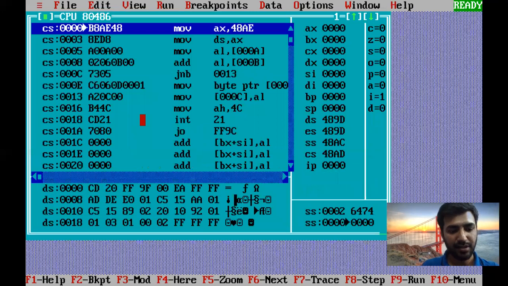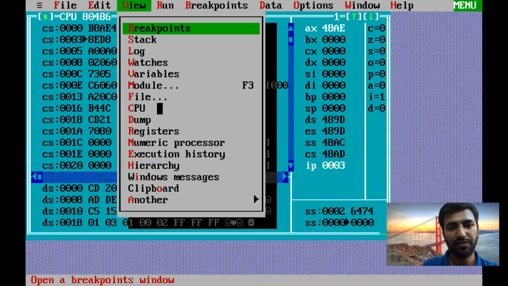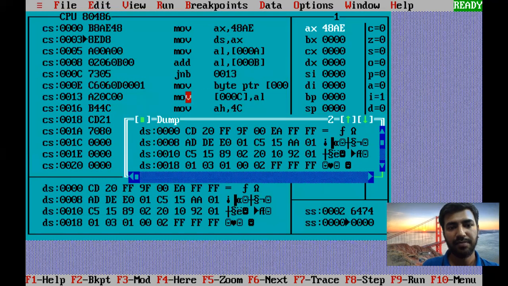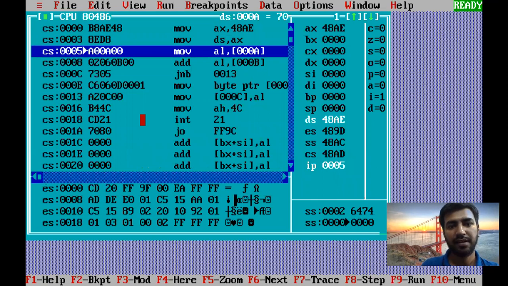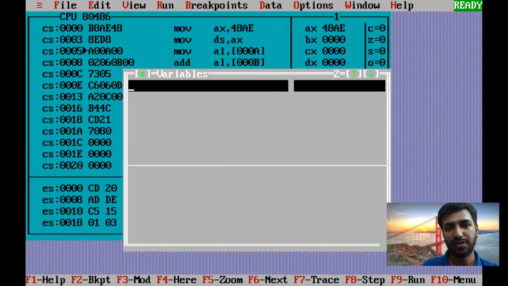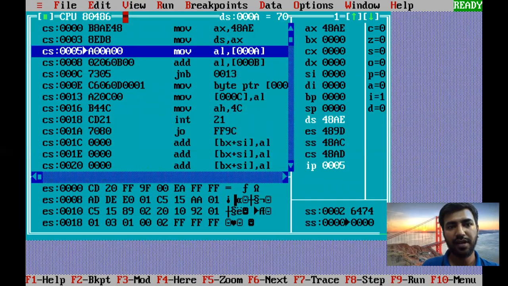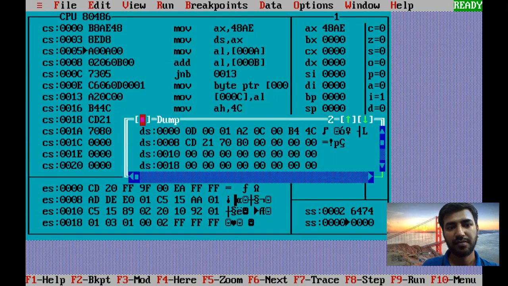Let's run it. Function F7, view, dump. Function F7, view dump.